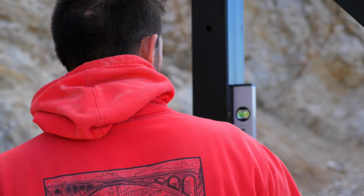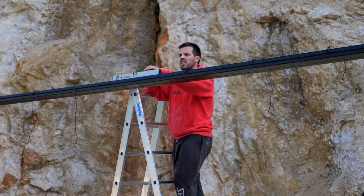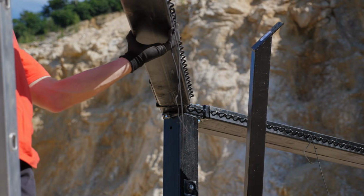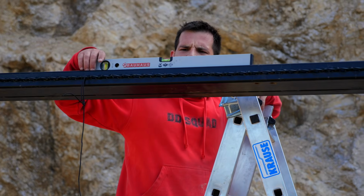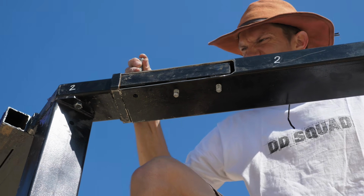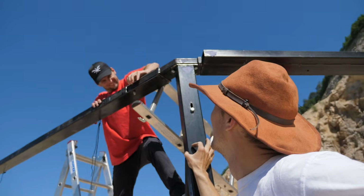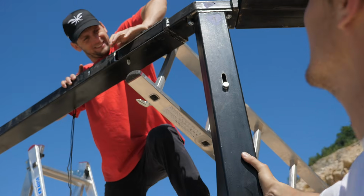On top of all that, as we were nearing the end of the build, it got harder and harder to piece the trampoline together. The metal pieces of the trampoline do not fit well because of the uneven floor, and that might be a problem in the future. It was a completely unnecessary setback we didn't want to deal with. It took us a long time, but with enough persistence,